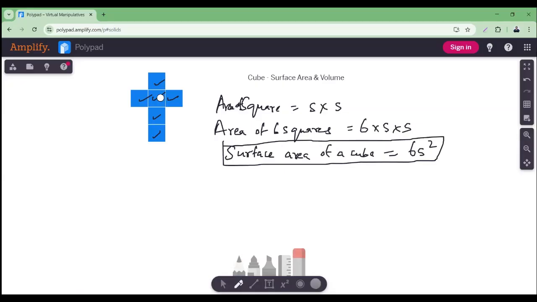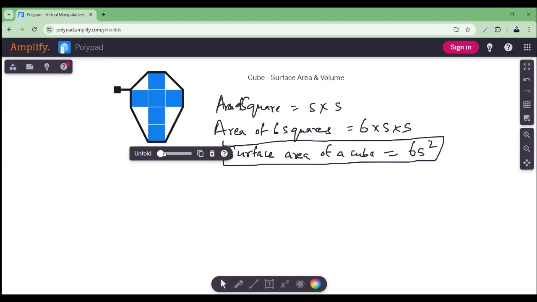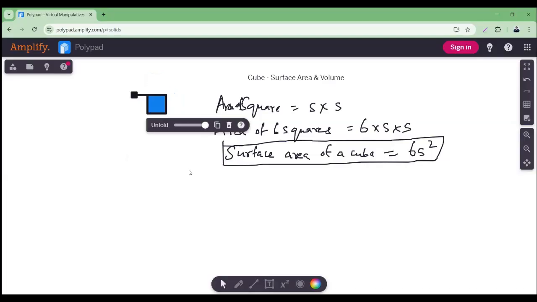Now we understood the surface area. Now let's talk about the volume. What do you mean by volume? Volume means, if you see this entire box, it is like a box, right? The space where the air is there inside the box. If you imagine like that, what is that space where the air is filled? That space is called the volume.